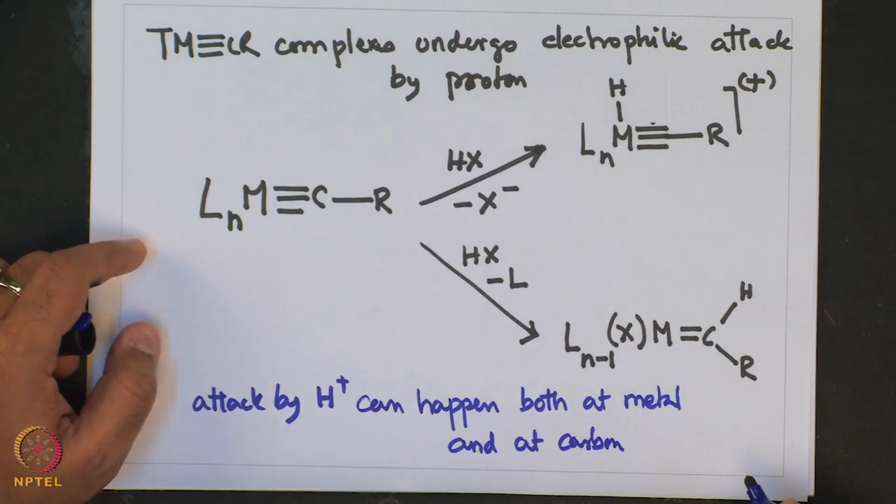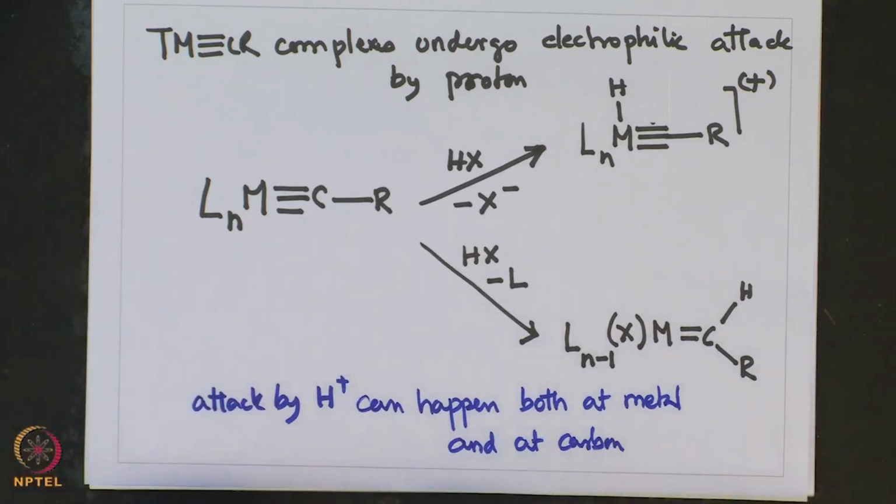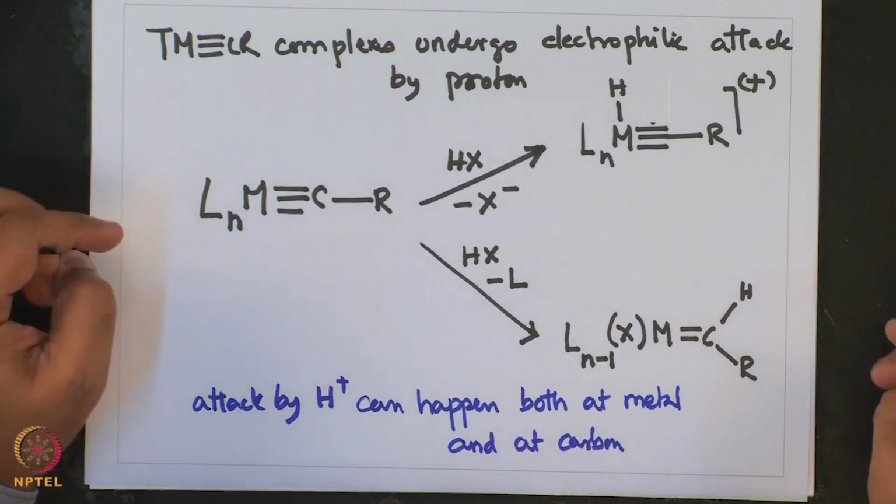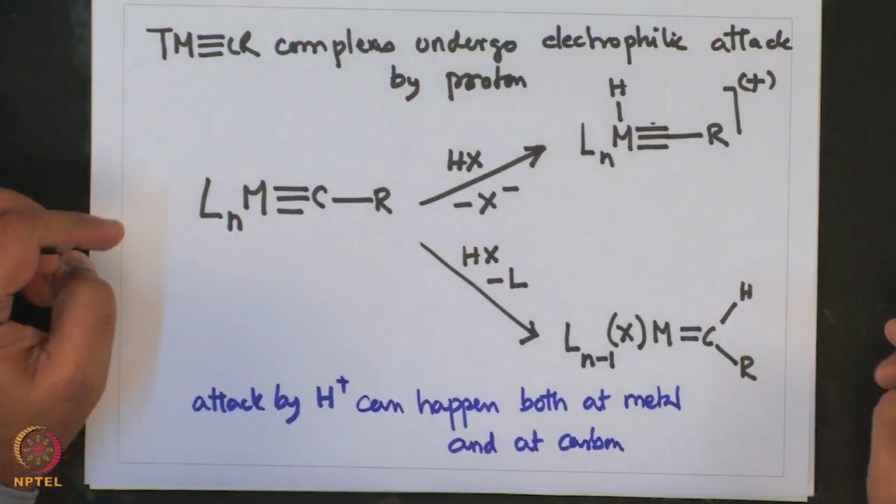So, here we see an interesting reactivity of proton towards the carbyne center, where the proton can attack the metal, as well as it can attack at the carbon and undergo addition of HX to give a transition metal carbene complex. So, what we see is that there is a differential reactivity as to which attack may take place, and